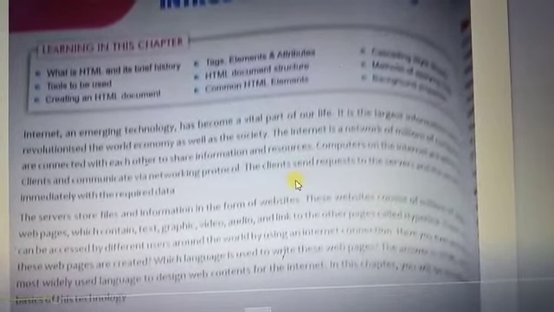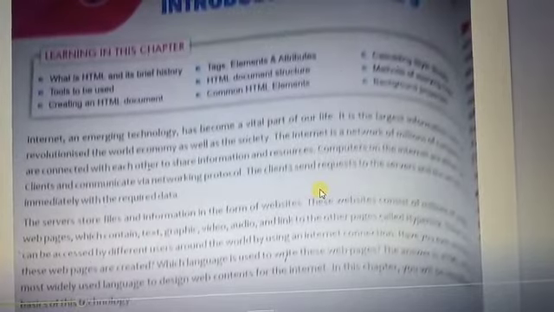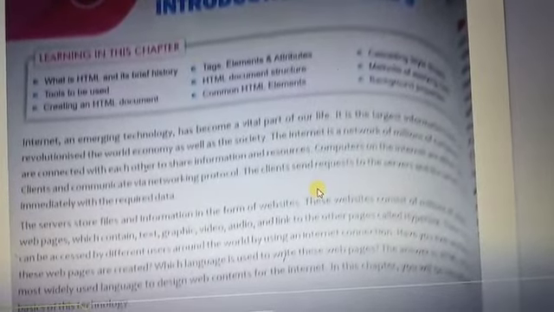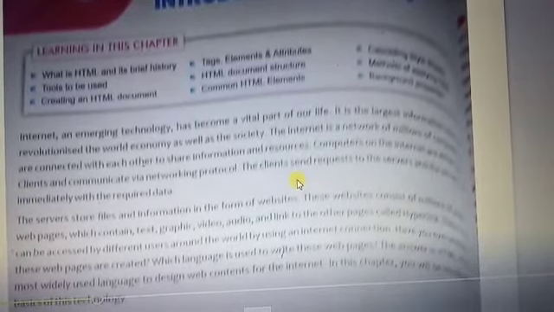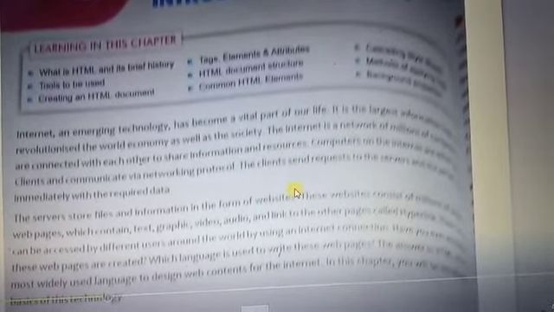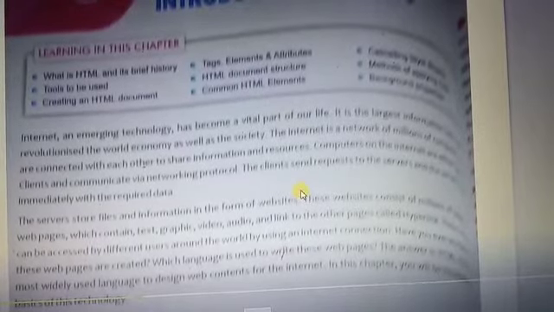In which way is HTML used to create a web page? Basically, the collections of multiple web pages are linked in the form of a website, and the collection of multiple websites is the part of the server. When you make a request for any content from the server, the server transfers the HTML syntax through the web browser to your computer system. And finally the web browser converts it into the human readable form.